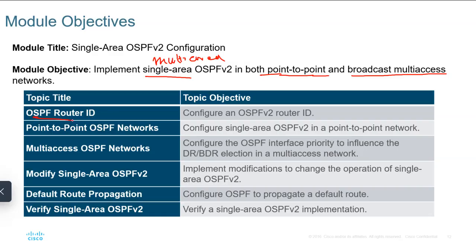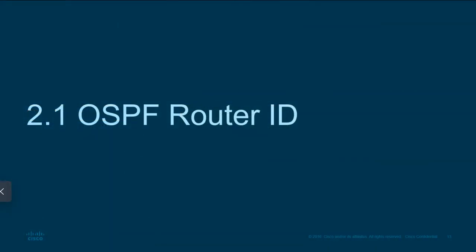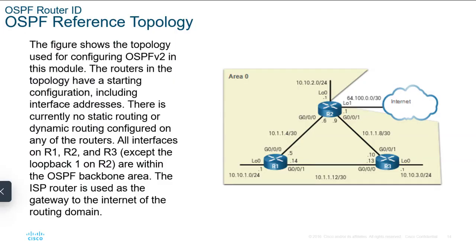So we're going to look at what we call OSPF router ID, point-to-point OSPF multi-access, and then modify and propagate a default route, and then we verify single area OSPF version 2. So let's begin with OSPF router ID. So this is the